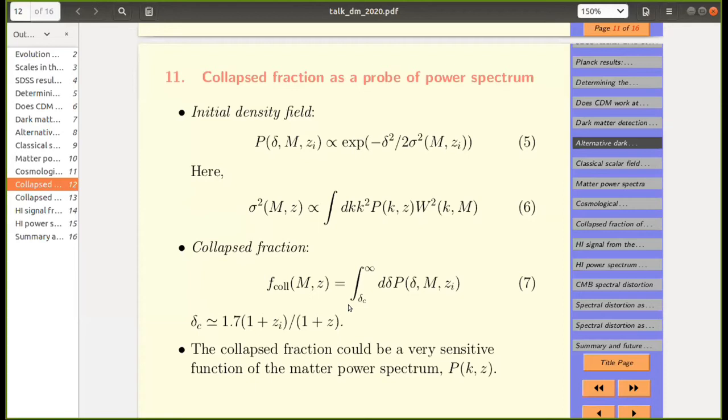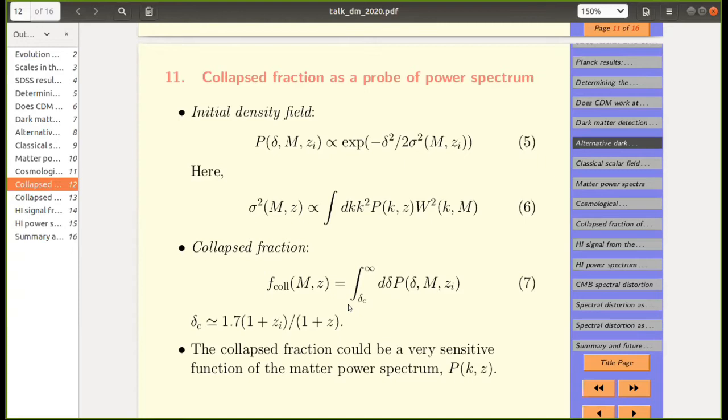And at any redshift, we can ask the question, what fraction of it would have an overdensity more than the overdensity required for a virialized halo? That's what we mean by collapsed. When something collapses, it virializes, and the density contrast corresponding to that in the linear theory is 1.7. And the actual density contrast is around 200. So we can actually ask this question: what fraction of this will collapse based on just the initial condition? We do not know what happens later, but we know the initial condition extremely well.